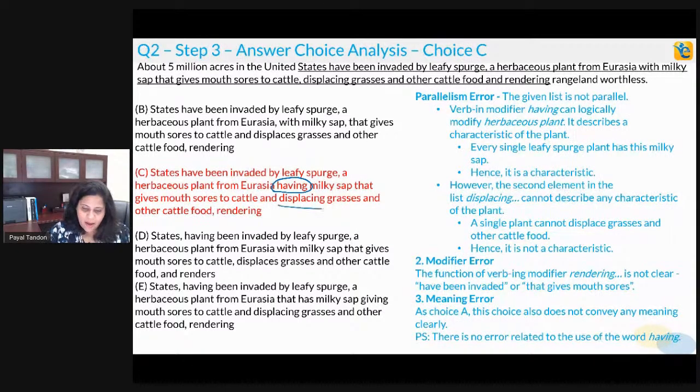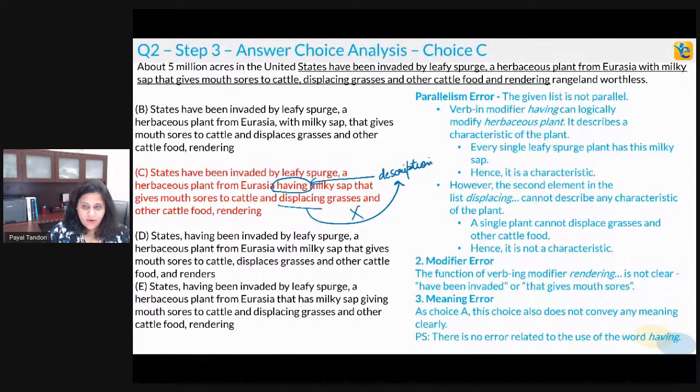Displacing. Okay. What this sentence is saying is that a leafy spurge having milky sap and displacing grasses. So displacing grasses, having milky sap provides the description, right? It provides the description of the leafy spurge. Now displacing grasses should also provide description, right? If it is to be part of the same list, it needs to have the same role as having milky sap, but it doesn't make sense that displacing grasses provide a characteristic of leafy spurge, and that's the reason why